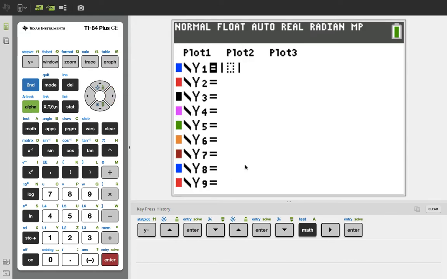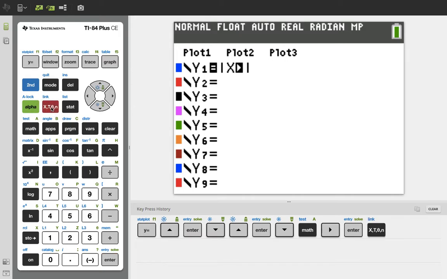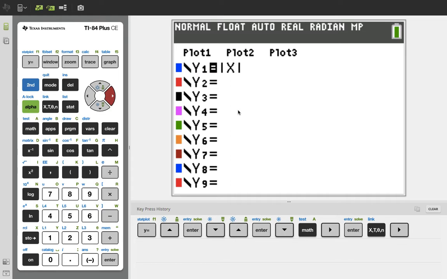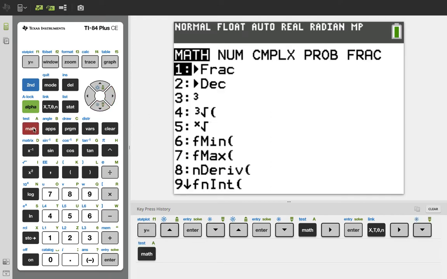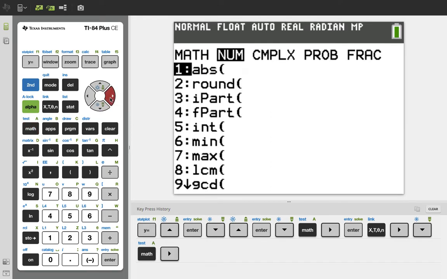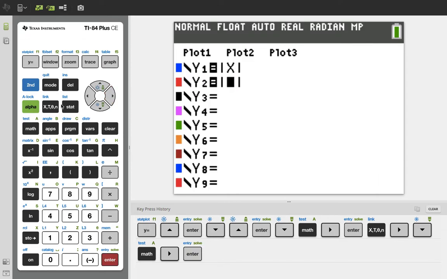If you have newer software, you're going to get these vertical bars that denote absolute value. If you have an older one, it's just going to say ABS, and then there's going to be a parenthesis. You're going to put the X, which is this button here. This is my variable button, in there. If you have an older one, you're going to close the parentheses so that you have the absolute value of X. Now I also want to graph the absolute value of X